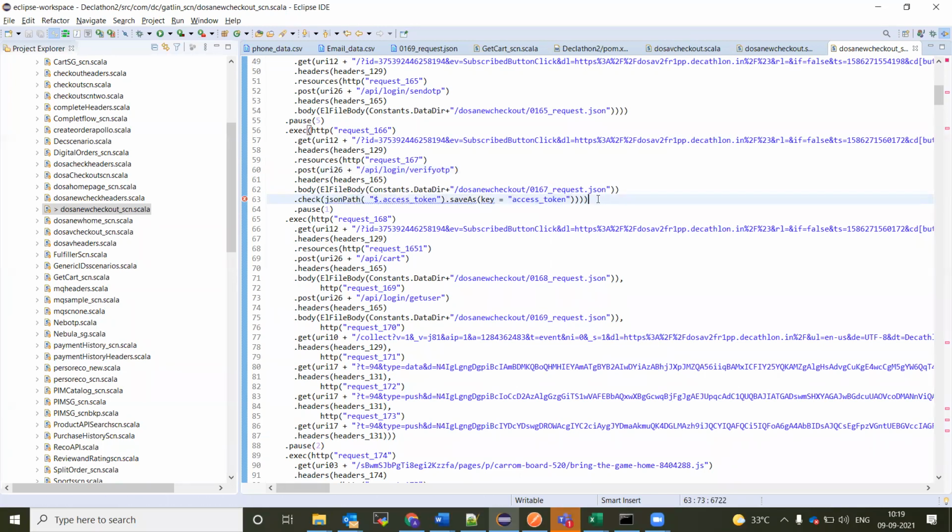And whenever you are making a check here, add a pause. Because in your recorded scenario, you will have resources and continuous HTTP calls: resources, post, headers, body, and again HTTP, post, headers, body. These are all a chain reaction, like the builder pattern.